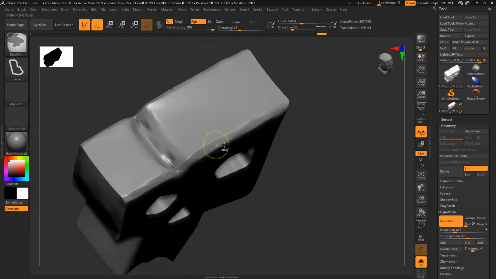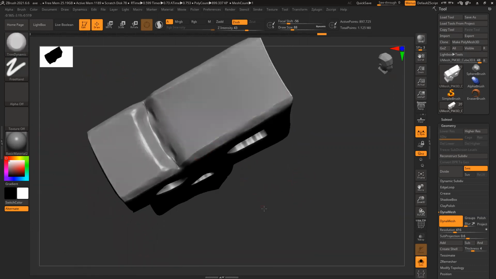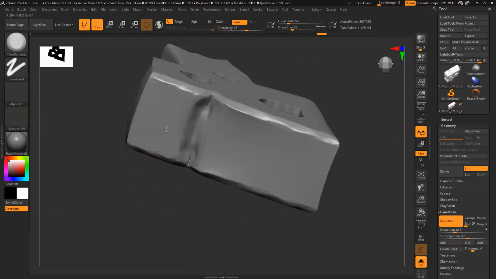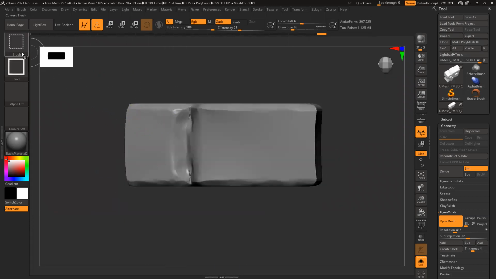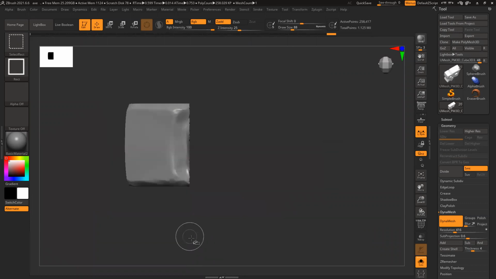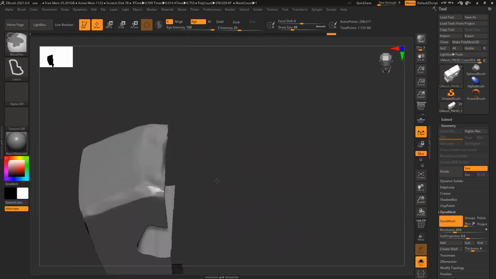So now this part needs to be really sharp. So just to isolate that section, sorry, Control and Shift, make sure it's changed to select and select the half. Now it's isolated only this section.